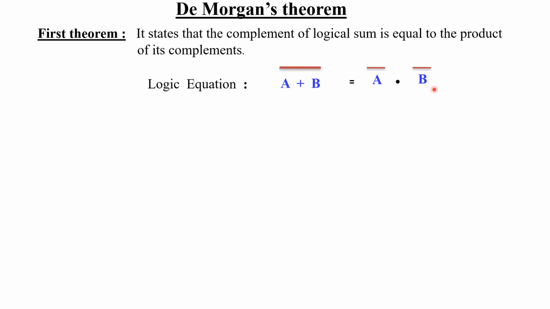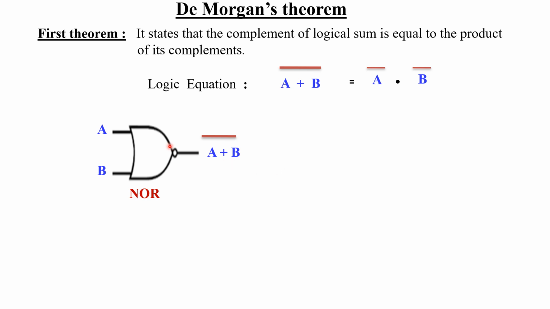Now let us see the logic diagram of this statement. On the left hand side we will see the diagram, and we will draw an equivalent diagram for the right hand side. Now, for the left hand side, what can you recollect, whose Boolean equation is this? This is the Boolean equation for the NOR gate. A plus B is whose? OR gate. With the bar, what will it be? NOR gate. So the left hand side we can represent by a NOR gate whose output is A plus B bar.